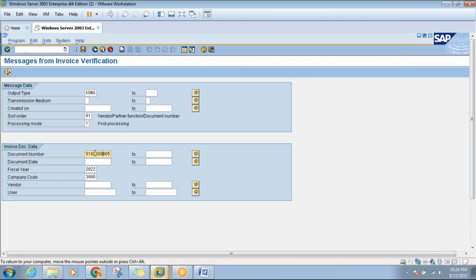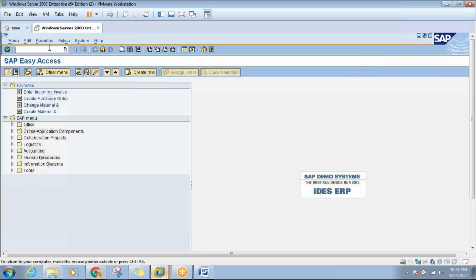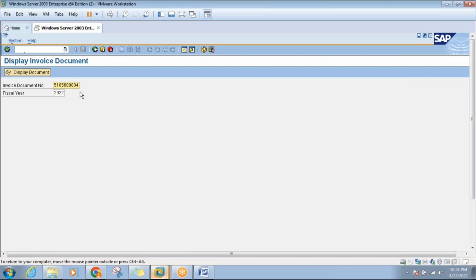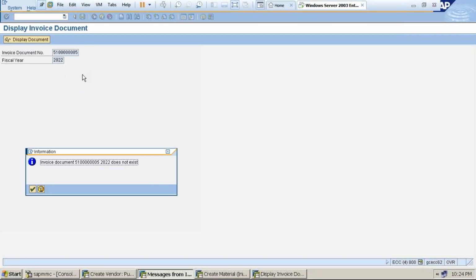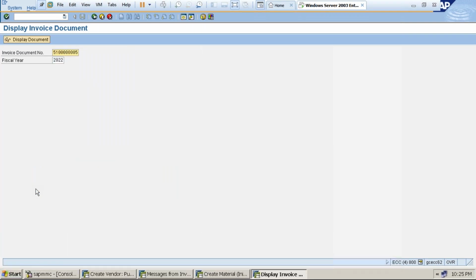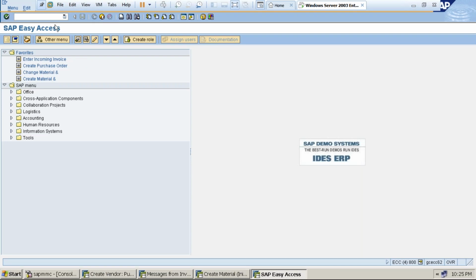Yeah, this is one the document number we have. Let me show you this. I'm opening another session. So with MIR4, see this document number is different, right? So what was that number? Let me put this. This is what it is, right? Your document does not exist. Okay, anyways,